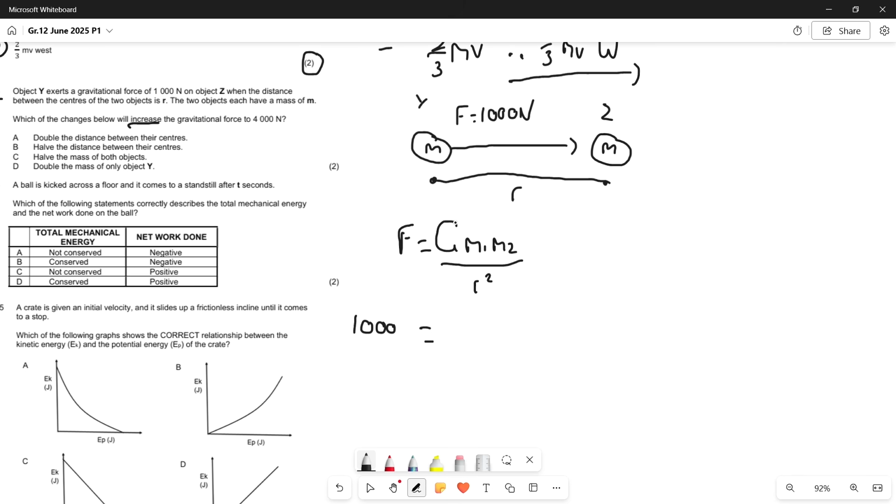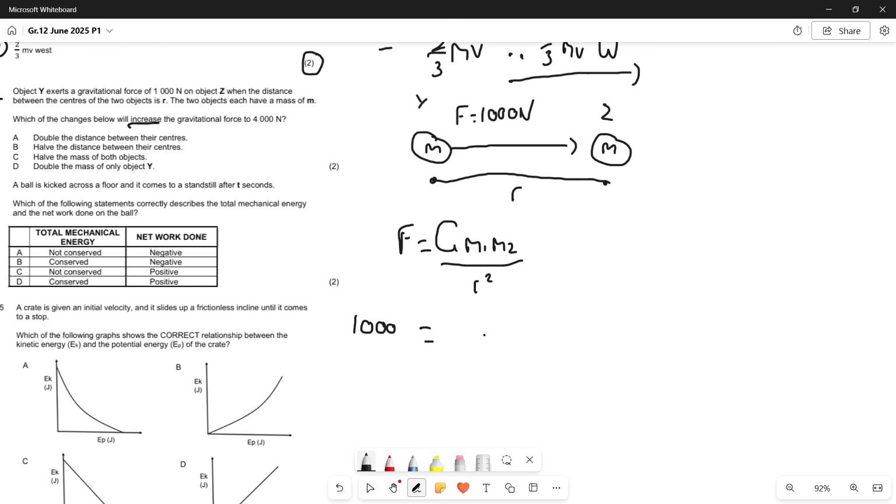Okay, our gravitational constant we don't need in this situation when we are working with some sort of theory changes over here, because as we see, what we're trying to do is double the distance between their centers, or halve the distance between their centers, or halve the mass of both objects, or double the mass of only object y over here. So we're trying to see what change we can make in theory that can just affect our final force, which means any gravitational constants we usually don't need in these sort of questions, as they would be the same